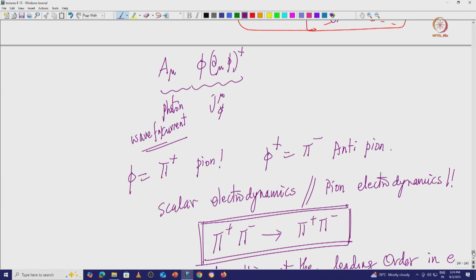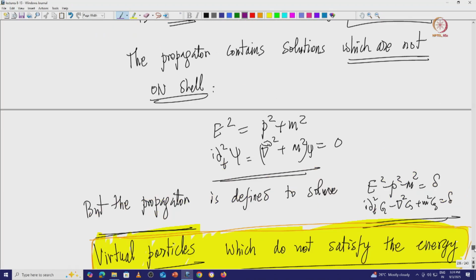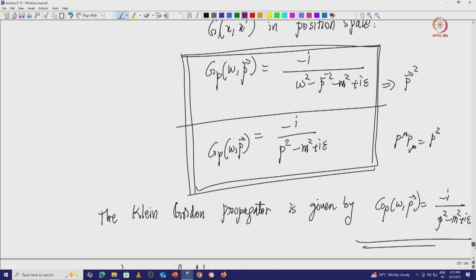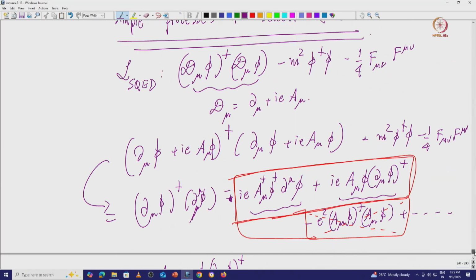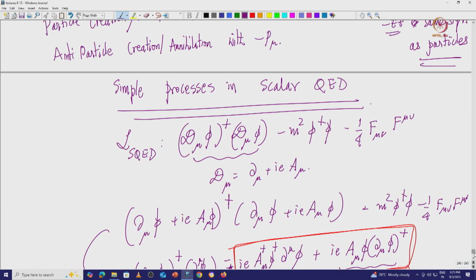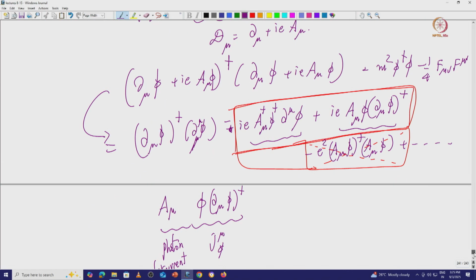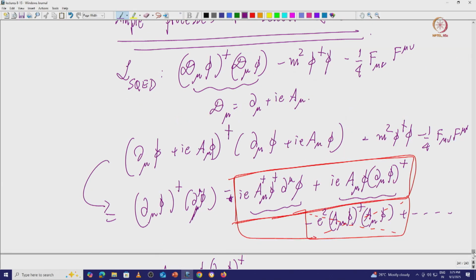You start with pi plus pi minus going into pi plus pi minus. We will start seeing the diagrams. To write the thing, we solve this entire equations of motion. You derive the equations of motion from here, from the scalar QED, and solve for phi, and then you try to solve for the scattering processes essentially. So you try to solve the scattering process by solving for phi. Now when you are trying to solve for phi, you realize that there are interactions, you cannot solve it exactly, you have to solve it perturbatively.